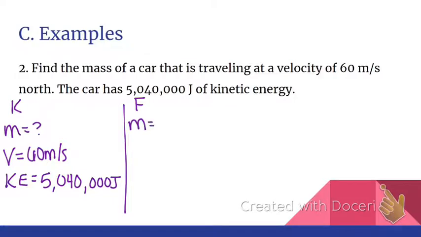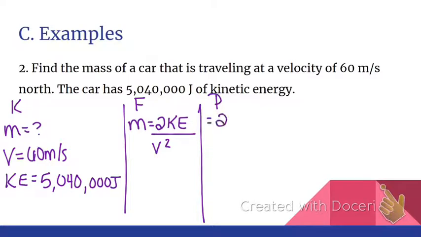So when you start working through this, for the formula, if you look at the handout, it tells you that mass is equal to 2 times the kinetic energy all over your velocity squared. And so this is, again, another place where it becomes very important in terms of how do you substitute this in. As we start to substitute in, I take 2 times 5,040,000 all over my velocity squared, which is 60 meters per second